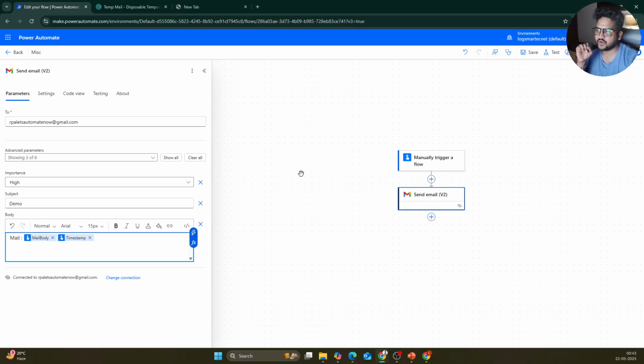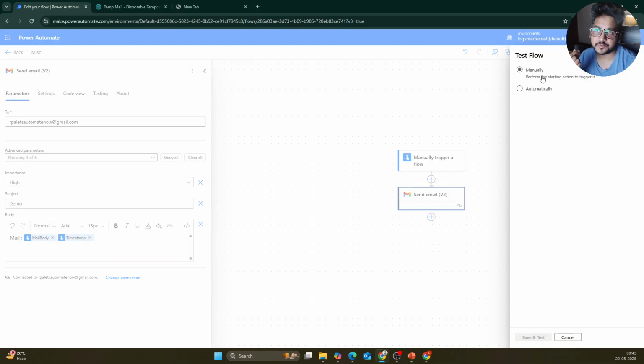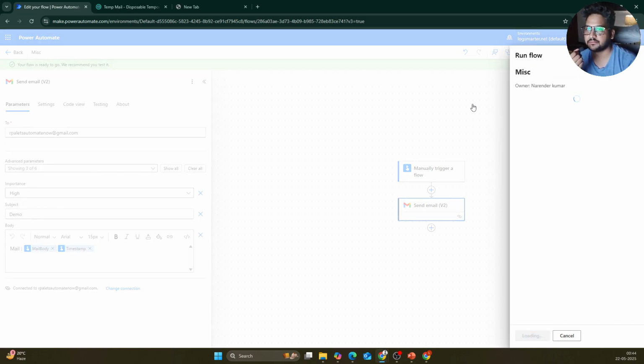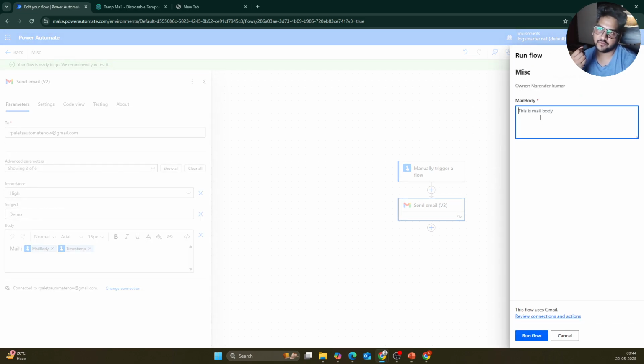All right, so what we did this time, we updated the mail body. We are using the dynamic contents, whatever the input argument, whatever the input value you will pass, that will be sent as an email. Let's do that now. We'll do save and test. Okay, saving is important, keep that in mind. And then when you run your flow, it will ask you to provide the mail body, and for mail body we will write,